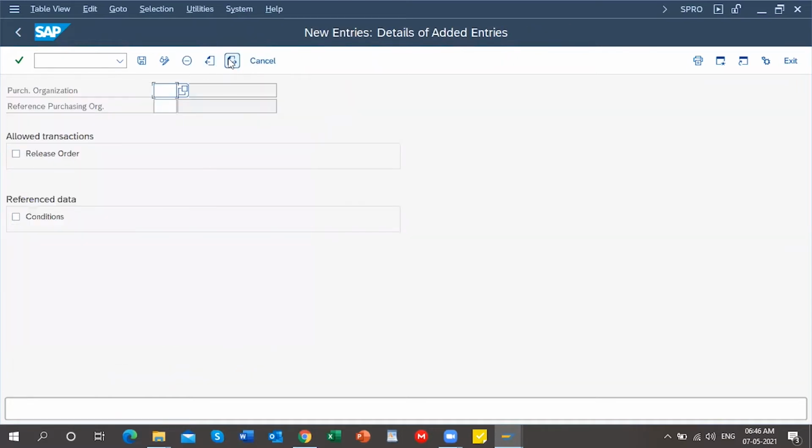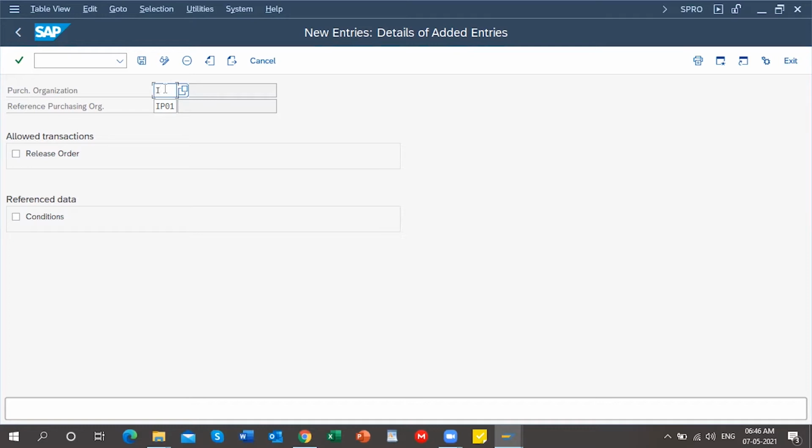Let me create that one. Look, IP01, this is the central purchasing organization. So here we are referring all the conditions or policies maintained in this central purchasing organization for procurement purposes, to procure the materials at central level. These conditions or policies are going to be referred to by the other purchasing organizations. Here we are just doing the assignment part, so there is no need to link to the plant or anything else.